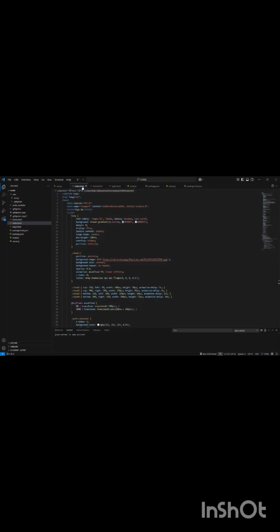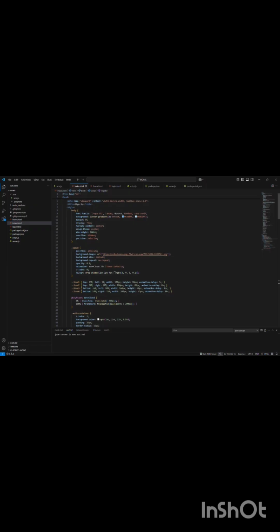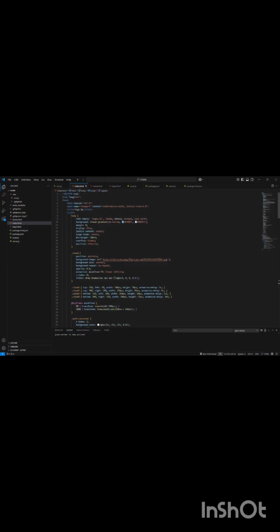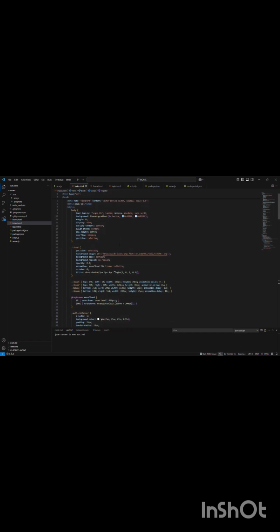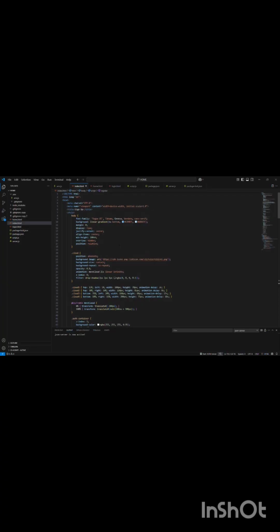Firstly, I'm explaining about the index.html, where this HTML file provides a user-friendly sign-up registration page with a cloud-animated background and a form for user registration. It also includes JavaScript for handling form submissions. The doctype HTML declaration defines that this is an HTML5 document, and it also specifies that the document language is English. The head section contains meta tags, a title for sign up, and internal CSS styling. The body section contains cloud animation, a registration form inside a div auth container, and a script for form submission to